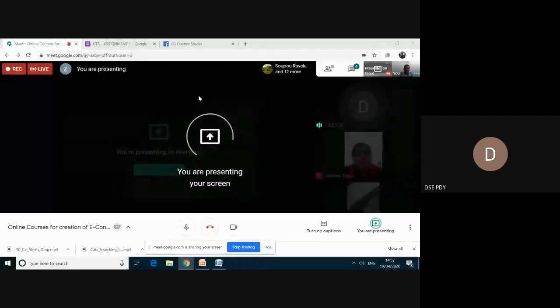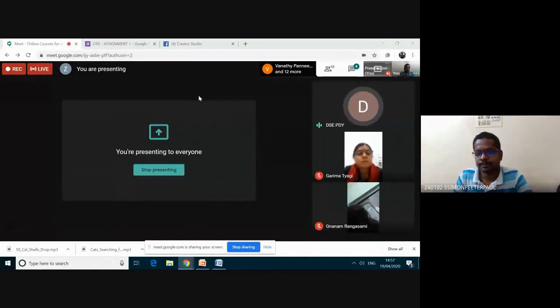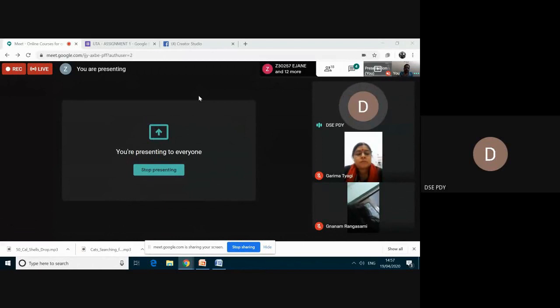Sometimes if you present your screen again, we are facing difficulty. This is because of security issues. We have come to Google Suite. It is not so user friendly. Because of security reasons, Google Suite is also updating now. We will be getting a better version in times to come. But Zoom, we had very good options, whereas the security issue was there in Zoom. So we have come to Google Suite. This will be sorted out in a short time by Google.